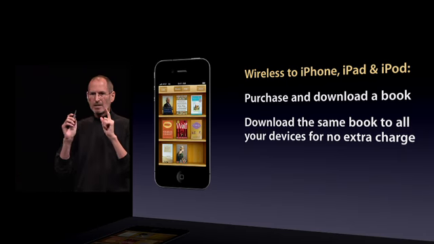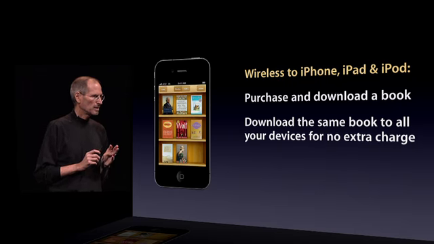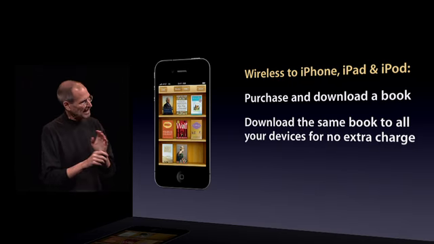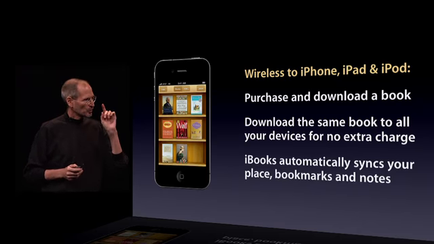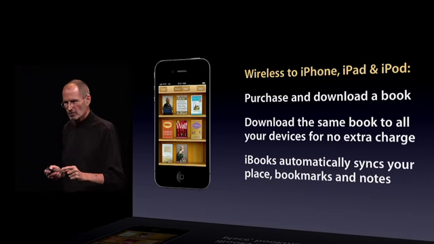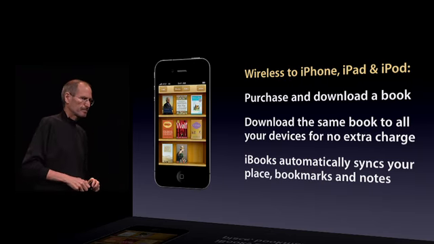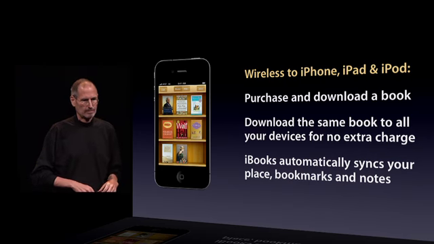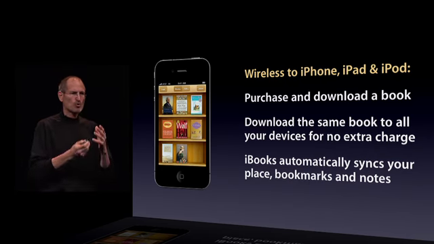And iBooks will automatically and wirelessly and for no charge sync your current place, all your bookmarks, and all your notes across all your devices. So you can start reading a book